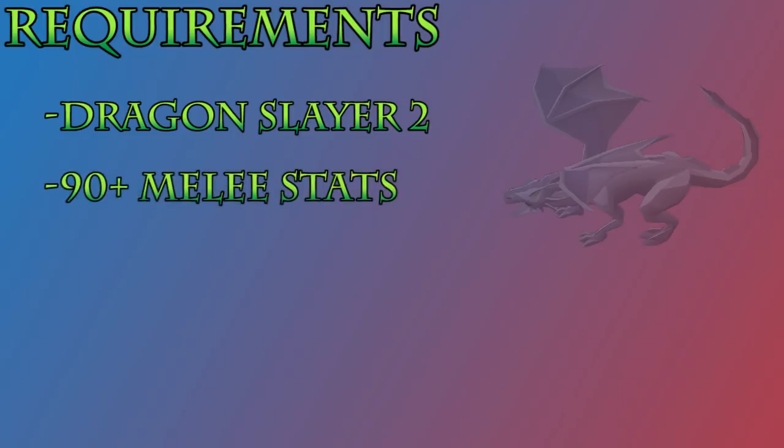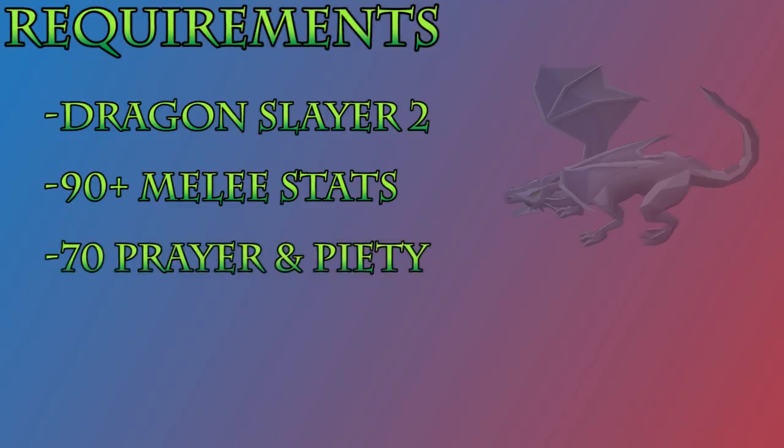I suggest having 90 plus in each of your melee stats to grind these out, but if you're just trying to get a couple of kills for a Slayer task, for instance, you could definitely fight them with stats in like the 70s and 80s. Using range on these dragons is not very recommended, mostly because of how slow it's going to be, and for that reason, this is going to be a melee guide. It's also highly suggested to have 70 prayer and piety unlocked to speed up the kills by a whole lot. The rest of the recommendations all really land on gear and inventory, so we can move on to that section